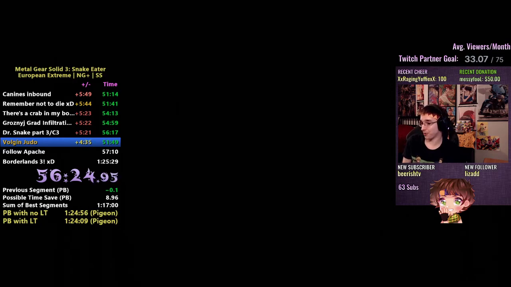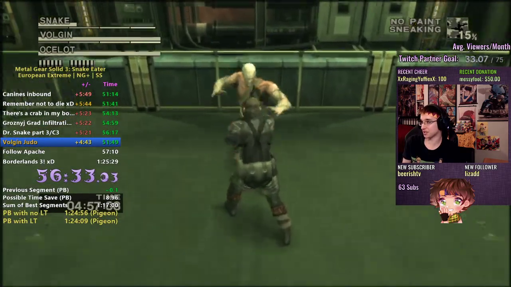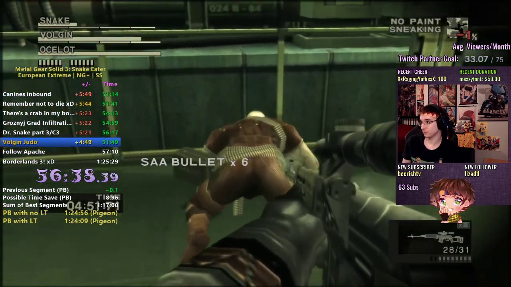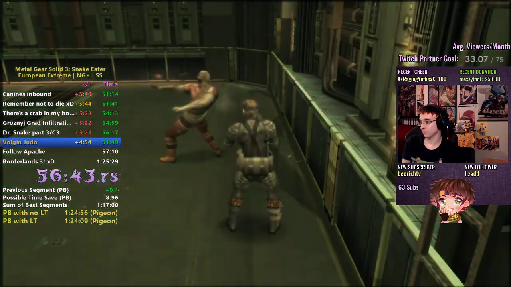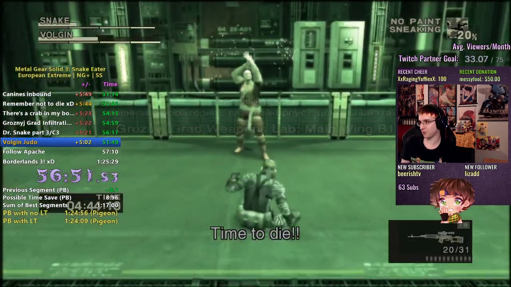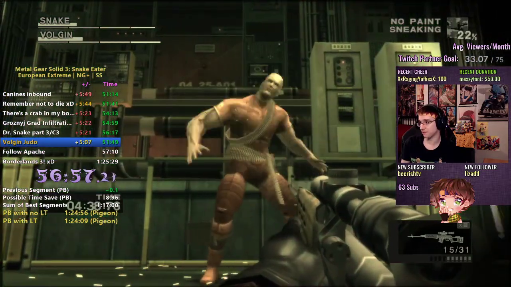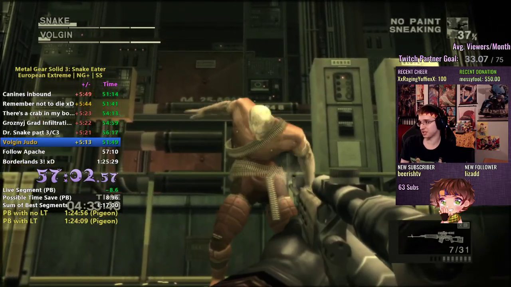Okay, so now we're going up against Volgin. Okay, so Volgin, while his electric field is down, he's very vulnerable to CQC. So we grab and throw him down to the ground to kind of set up a buffer to start damaging him with the SPD. And then we're using it again here, because not only does it do the most damage per second,